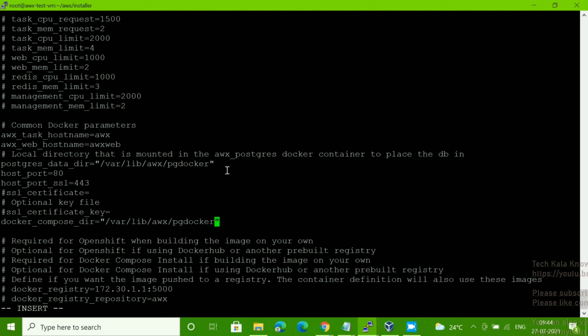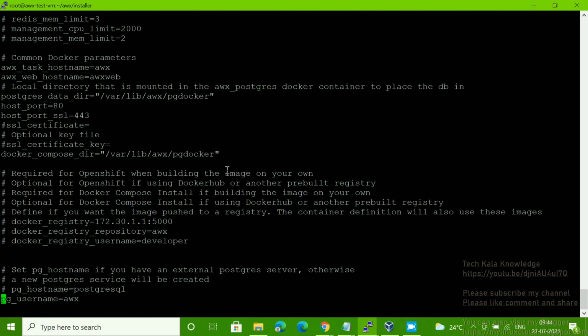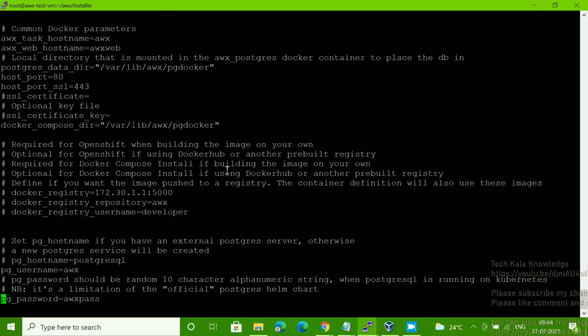Now we have to check the pg username. Okay, pg underscore username. So you can see, pg underscore username. If you want, you can change the username here. In my case I'm not going to change it.